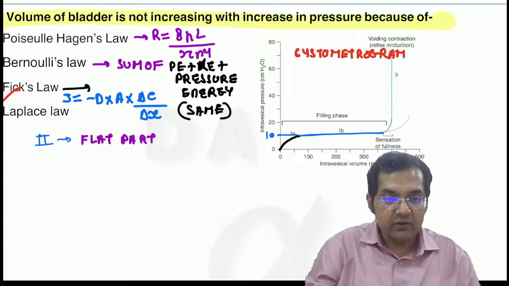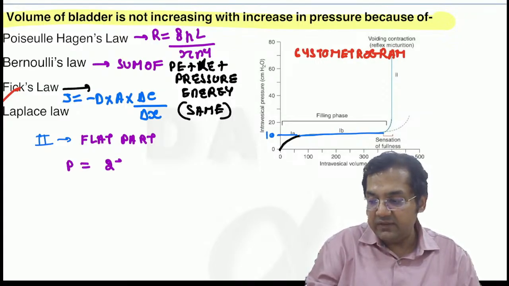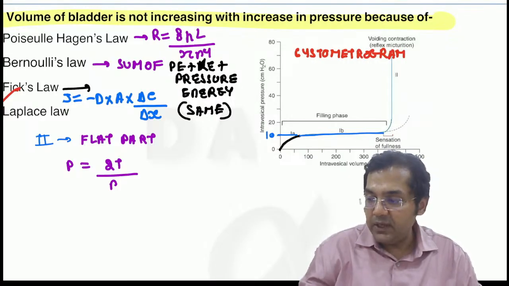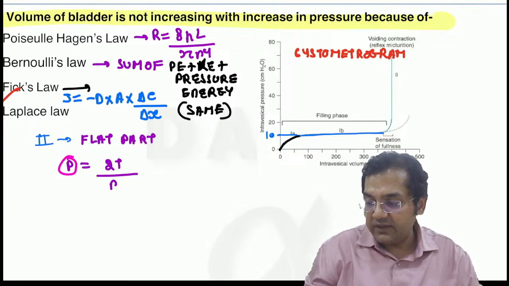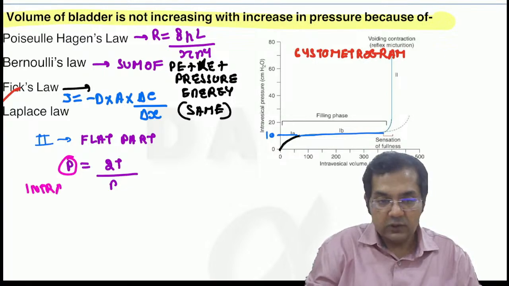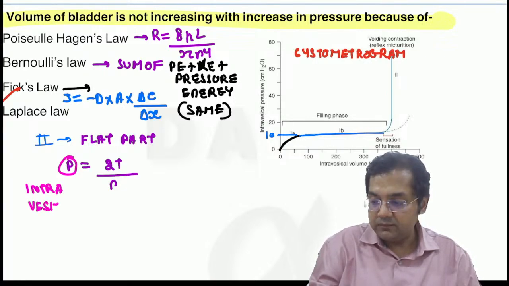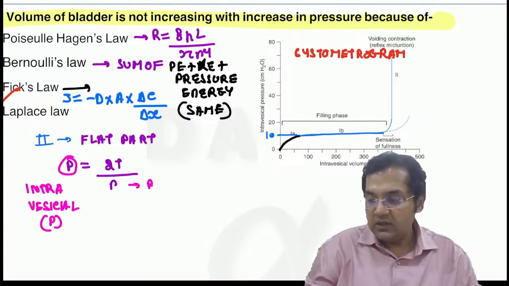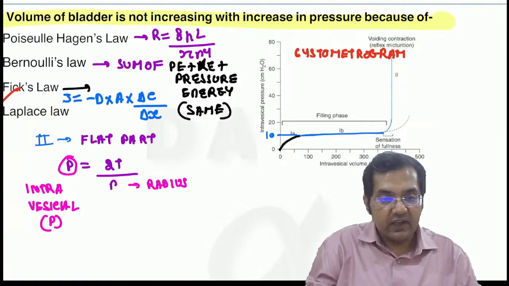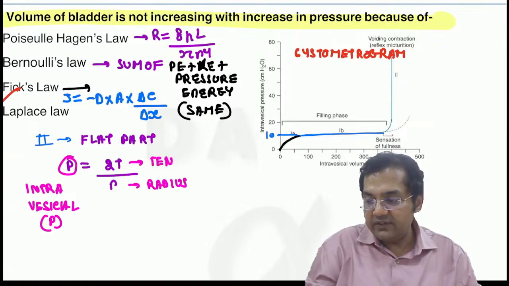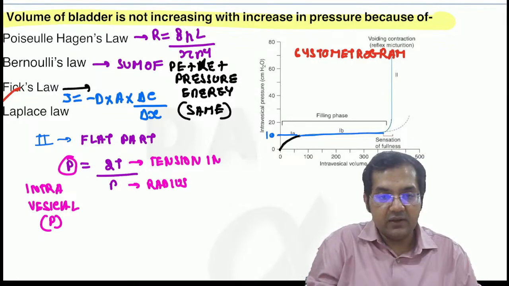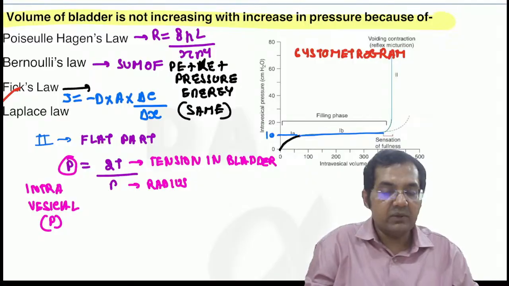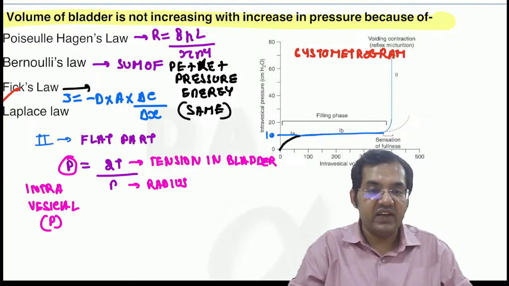Laplace law states that P is equal to 2T upon R, where P over here is intravesical pressure, R is the radius, like always, and T is the tension in the bladder. Now, as you start drinking the water, initially the pressure is rising in phase 1A, but in phase 1B,